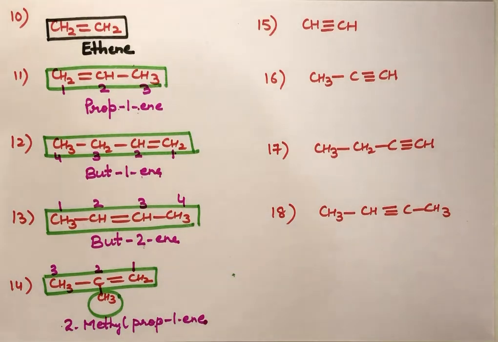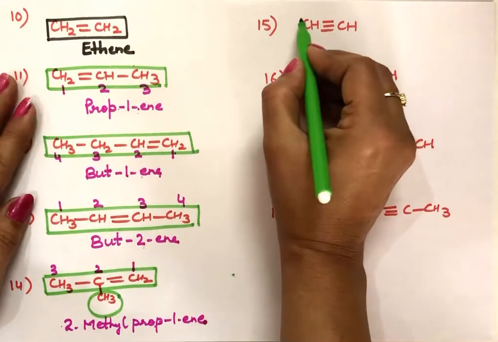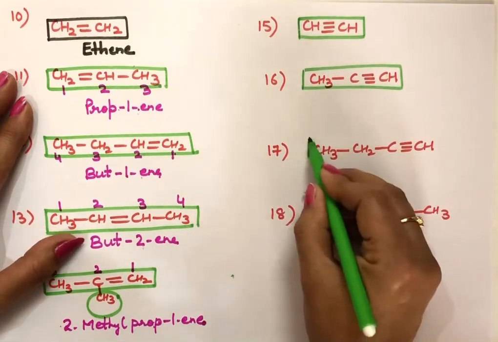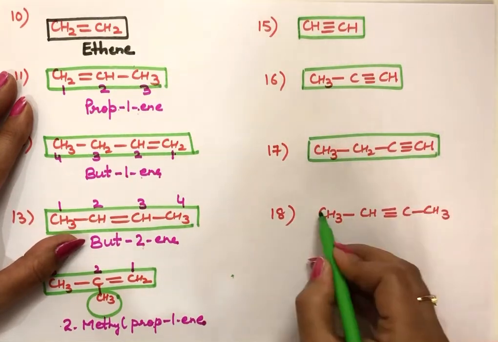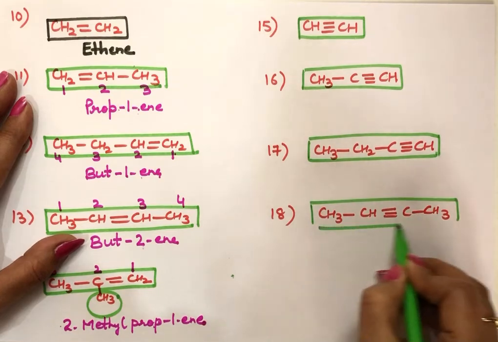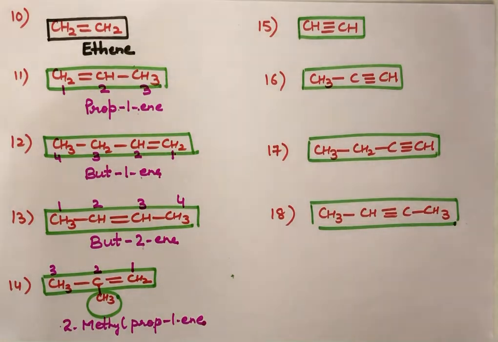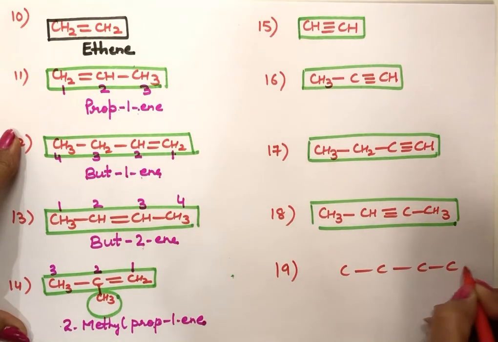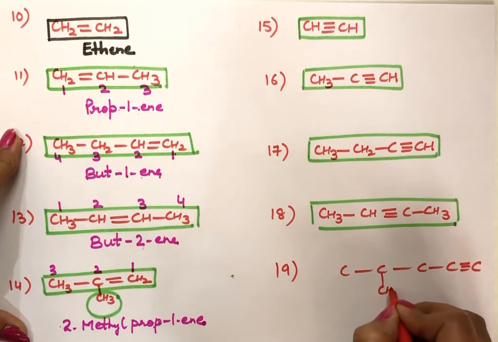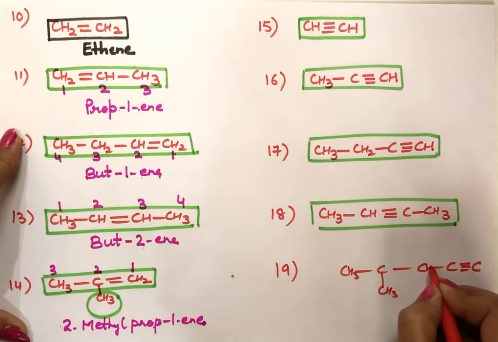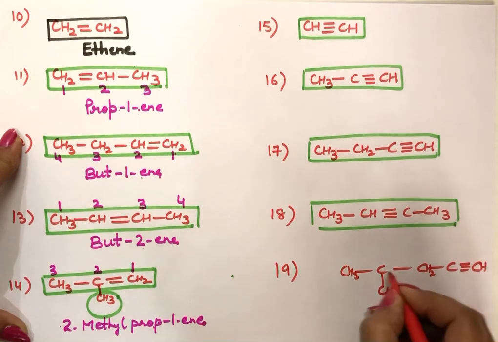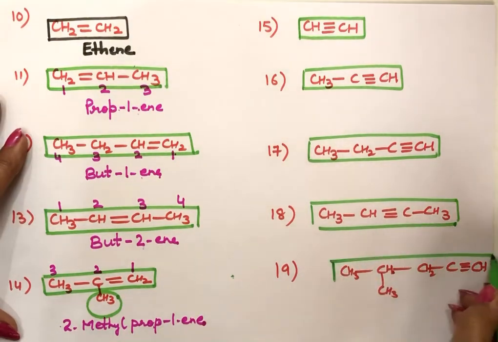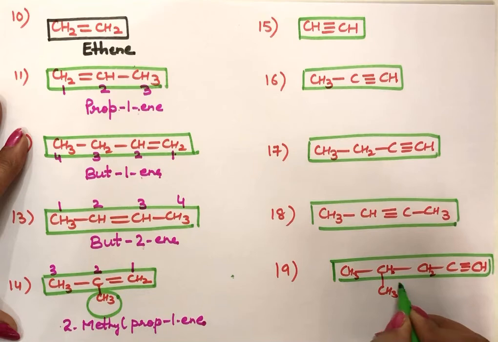Next, now triple bonded compounds. In this case, this is a chain. All carbon atoms are coming in a chain. Even here, all carbon atoms are coming in a chain. Even here, all are coming in a chain. No substituent here. So I'll take one example where there is a substituent also. Triple bond here. Here I'm taking a substituent. This example I'm taking. In this case, this is a chain and this is a substituent here.